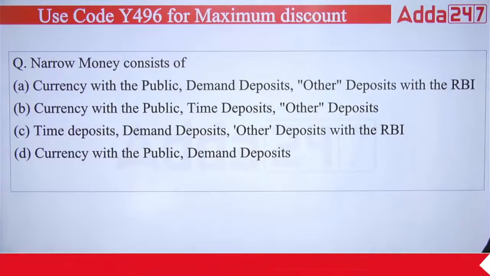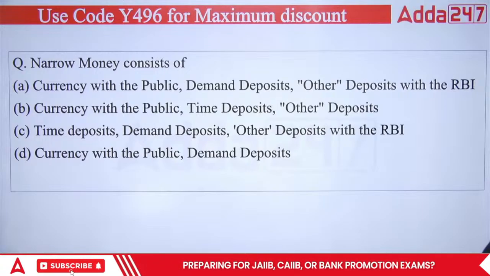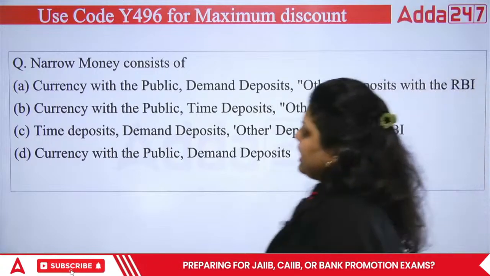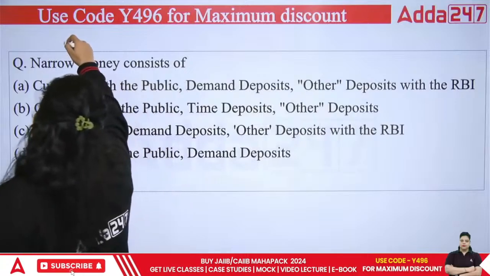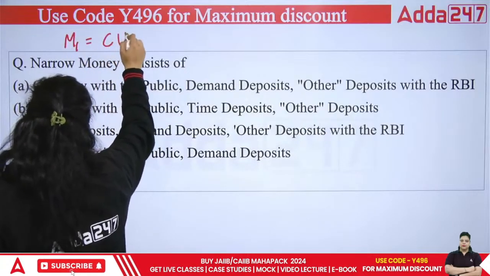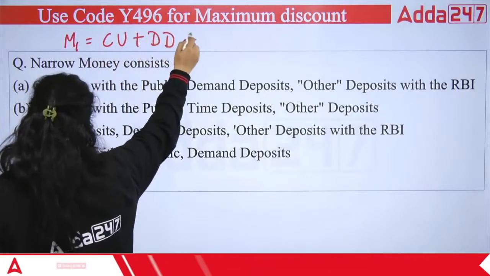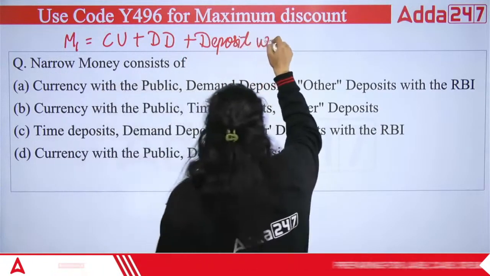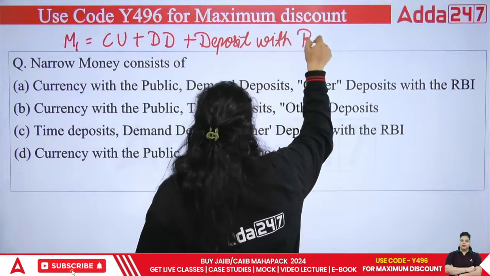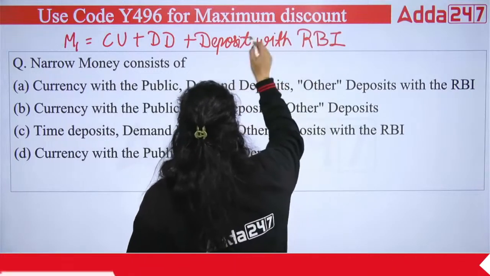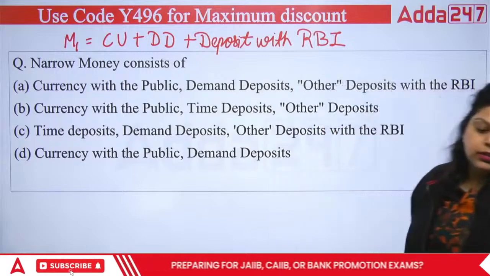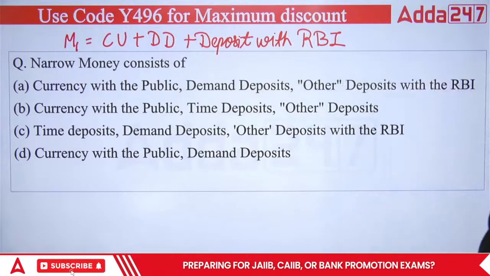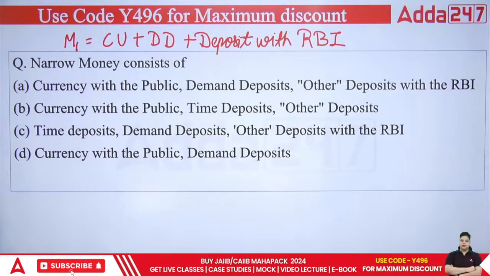Okay, apart from this narrow money, you have to remember the formula of narrow money. So, narrow money is actually your M1. Do remember the formula I am writing here. CU plus DD plus deposit with RBI. This is your M1. So M1 stands for narrow money, and narrow money covers your